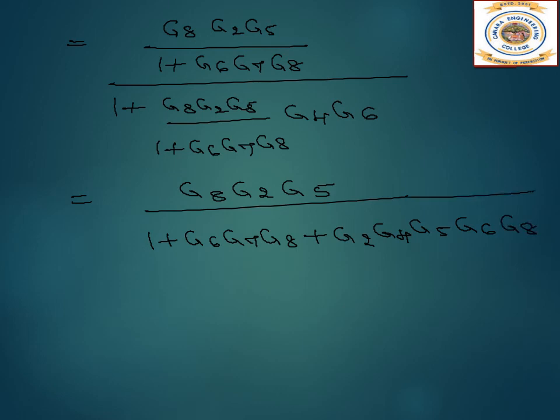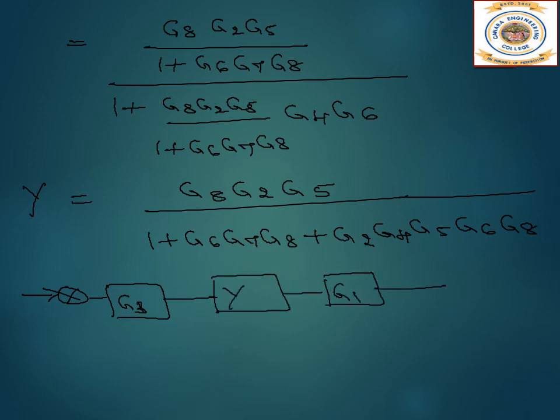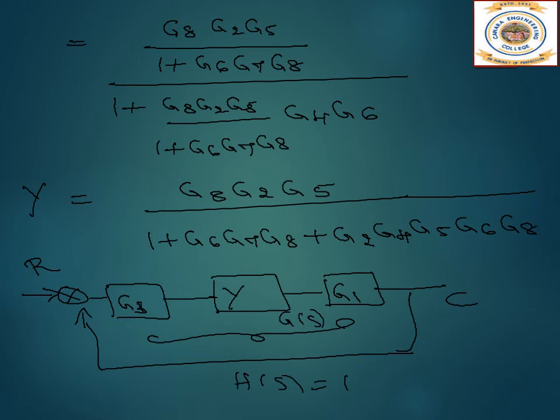So again, if I take this sum Y, how do we get the block? So I get it as G3, and this, say this is Y, and we have G1 and we have C, R. So this G3, Y and G1, they are in series. So I have to multiply, and this is H of S, which is equal to 1. The whole of this is G of S. So let us